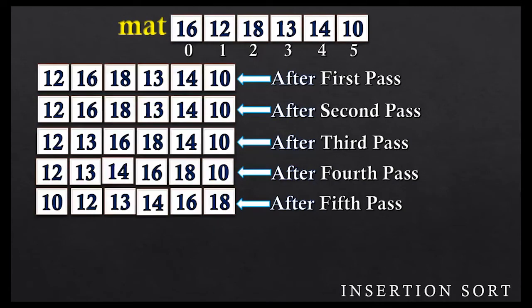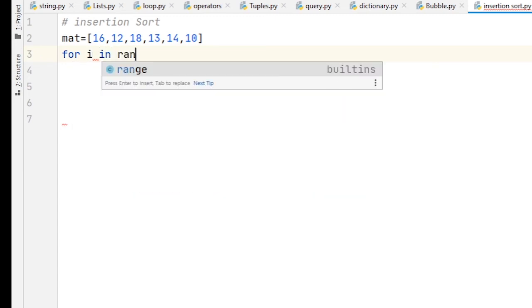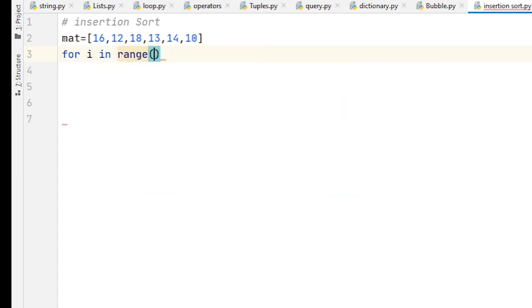Now let's take a practical session and try to implement insertion sort in Python. For insertion sort, I just take a list. My list elements are 16, 12, 18, 13, 14 and 10. First I start a loop, for i in range, starting from index number 1 to the size, so for that we write length of the list.